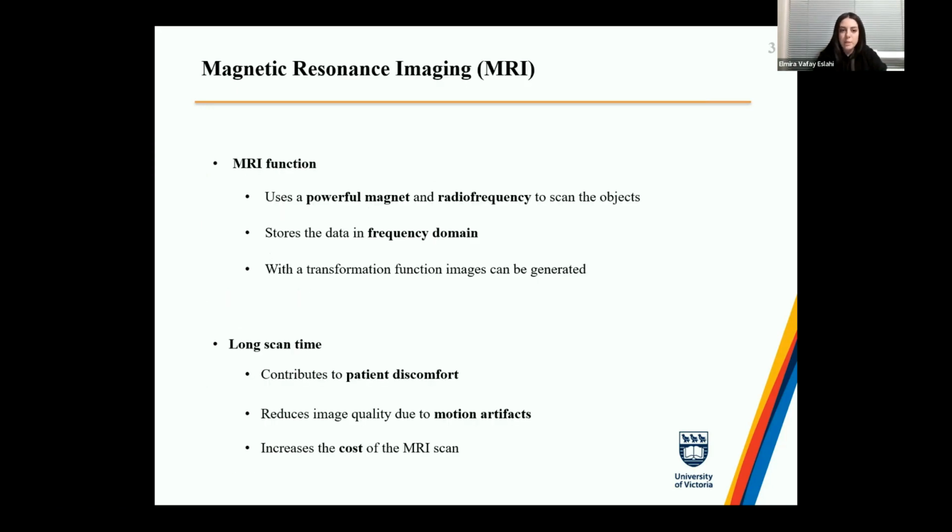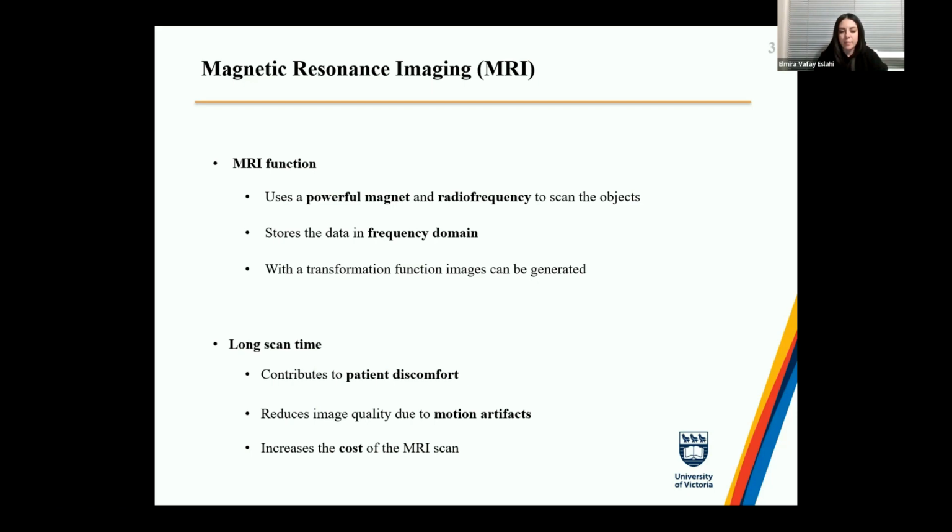So what is magnetic resonance imaging? What is MRI, and how does it work? MRI is one of the most fascinating diagnostic procedures, which uses a powerful magnet and radio frequency to scan objects. And MRI stores data in the frequency domain. I will talk about what the frequency domain and image domain are later. And then MRI generates images with a transformation function, but there is a challenge in